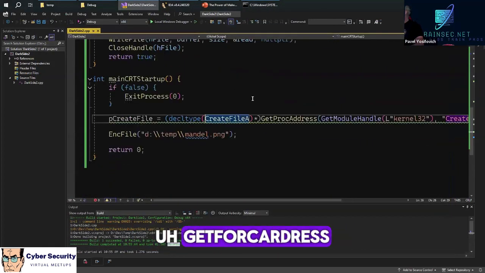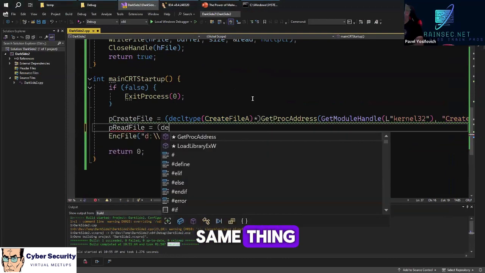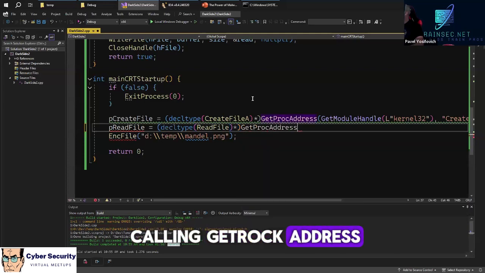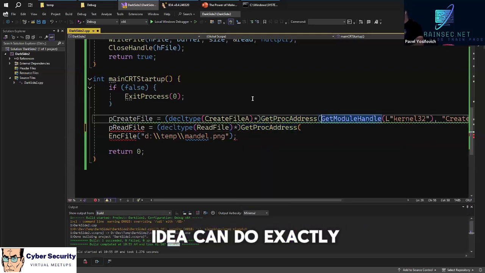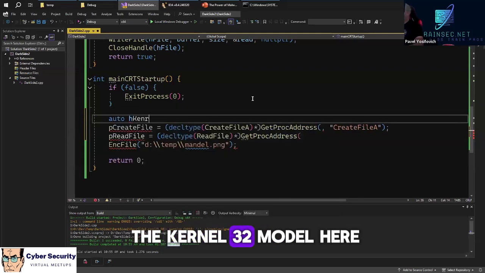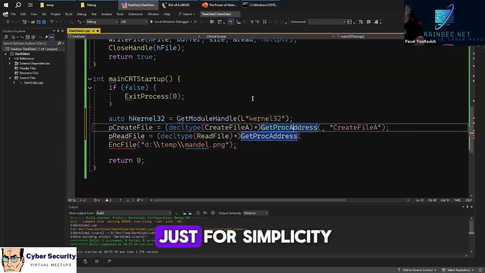But at the very least, I can get rid of all the other functions by just using GetProcAddress. So if we need to use ReadFile, I can do the same thing. I can do decltype ReadFile, and get the address here by calling GetProcAddress. And again, the same idea. Let me put the kernel32 module here as a local variable just for simplicity.